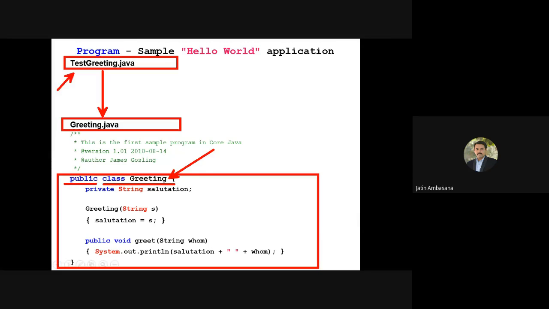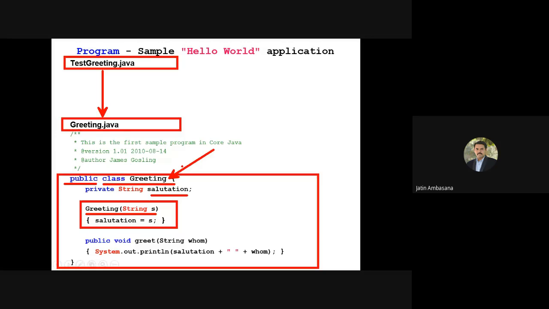So it can be used by test greeting. Okay, and this greeting class has a variable called salutation, which is private and of type string. Okay, and that salutation's value will be assigned to it when we call its constructor. So when the salutation constructor is called, whenever